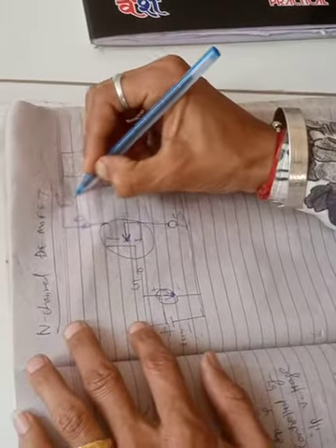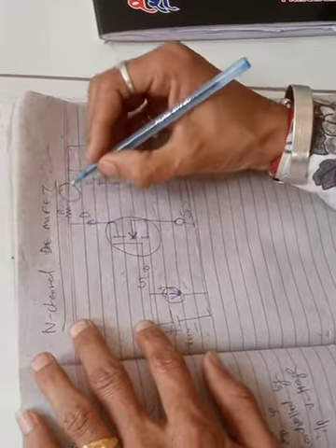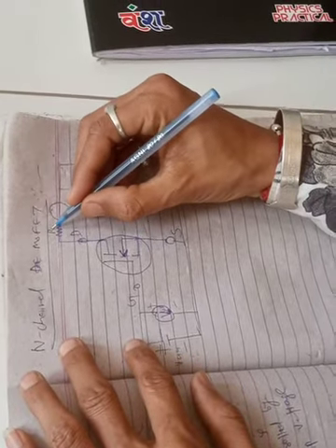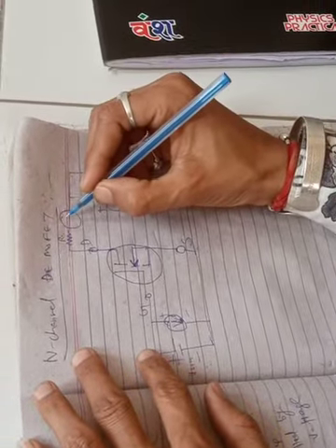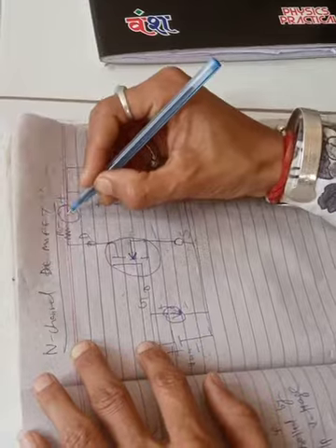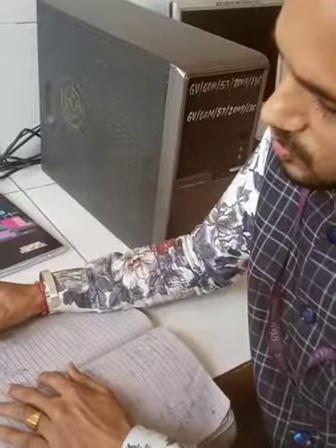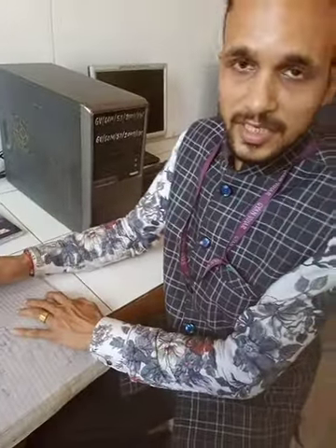And here we connect a resistance, we can say RD, any resistance, because it is connected with the drain terminal, so RD resistance we can say, or RS, R1, R2, anything. And here we connect a multimeter, or we can connect an ammeter to find out the reading, and it will show you the reading in milliampere. Okay, so with those connections we have to find out the characteristics of MOSFET.